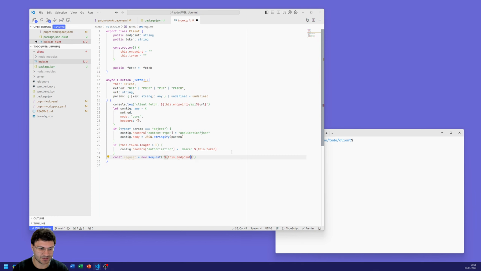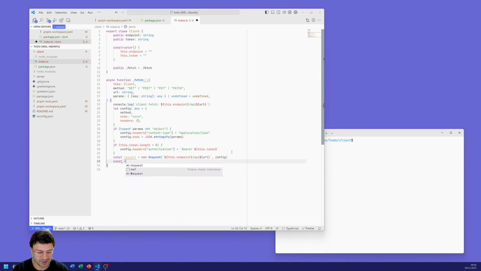So we're going to go this.endpoint/API, because all our endpoints are going to be behind the API/API, and then we're going to pass it the URL. So that's the end of the endpoint, as it were, and we're going to pass it the config, so the details of our request,